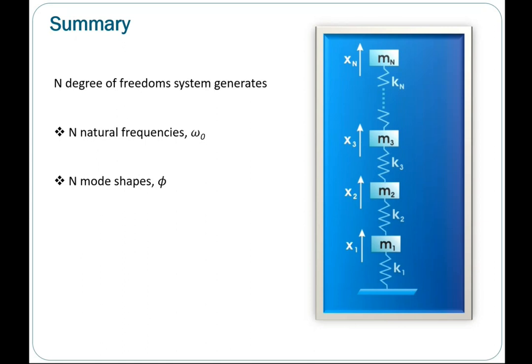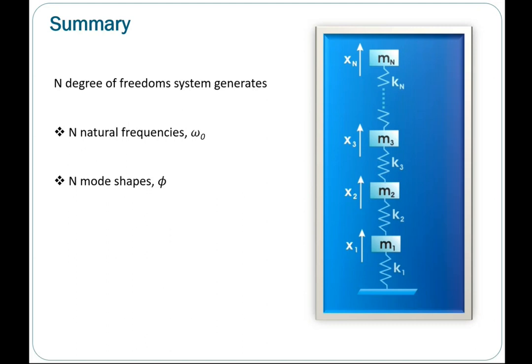A real system is a continuous system, but now we treat it as a discrete, finite degree of freedom system. So it could be represented as an n degree of freedom system of any complex or real, continuous system. When we model that system as n degree of freedom, solving it will lead to n natural frequencies and n